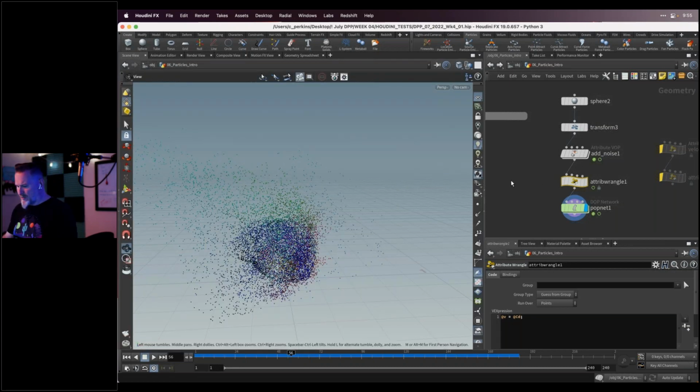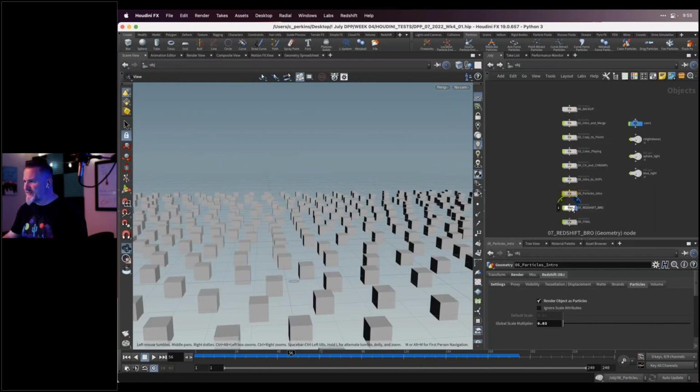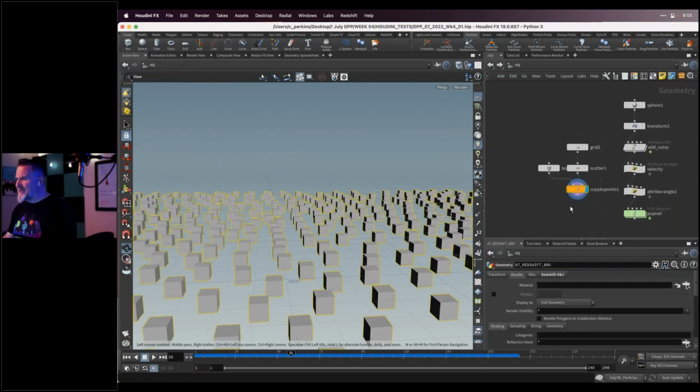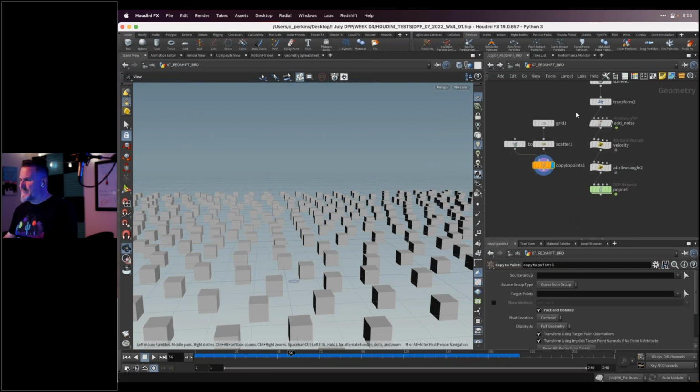And okay, so I'm gonna skip some of the other stuff that I was going to show you. I will say that this doesn't render. If I render this now, this doesn't render, but we have our good buddy Redshift here. And if I dive in here, well, there's this other thing that I made.